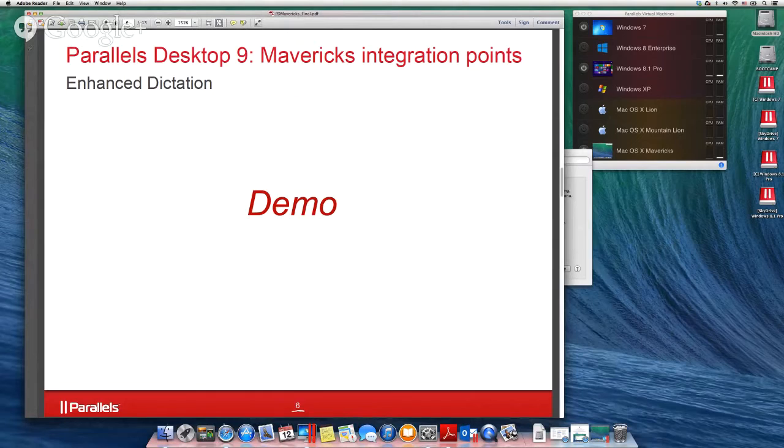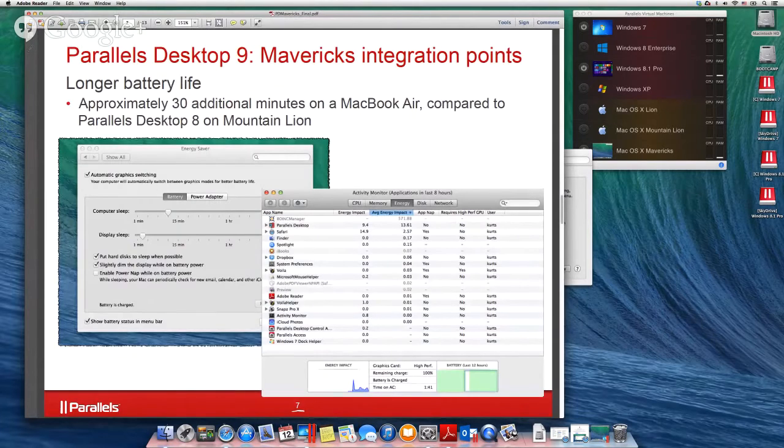Let me keep going through some places where Parallels Desktop takes advantage of Mavericks features. This one's harder to show, so I just made some screenshots to show you. We're always trying to get the most performance with Parallels Desktop. Or, stated another way, we're trying to have it have the least effect on the battery of your laptop. So what we've been able to do by tweaking various parameters and changing the way Parallels Desktop works underneath